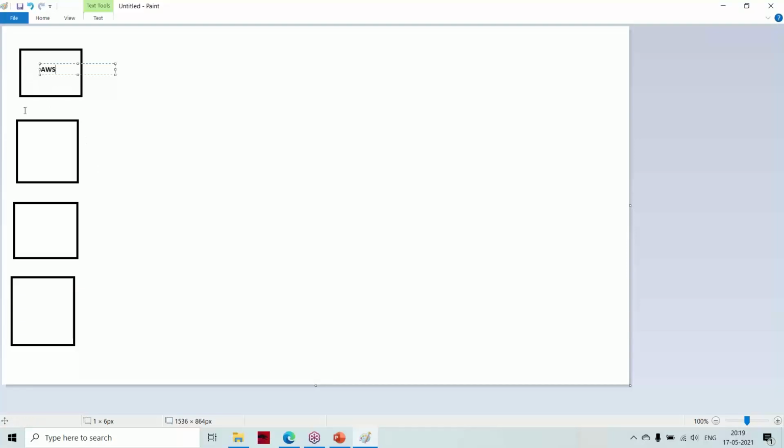This machine is present in AWS, and this is present in my Linux machine, where you will have something like app 1, app 2. The architecture is something like this.